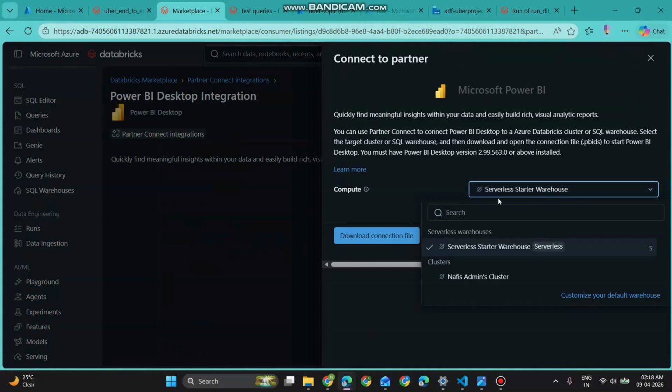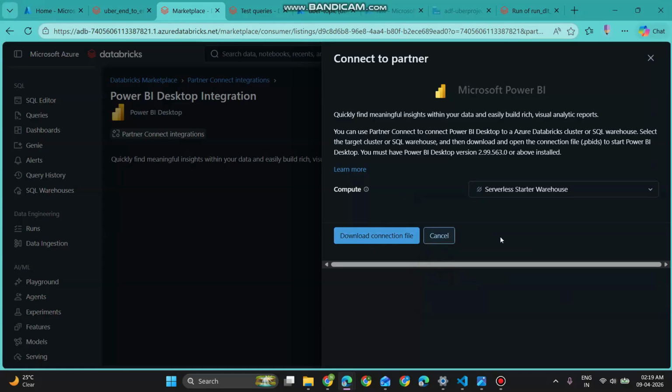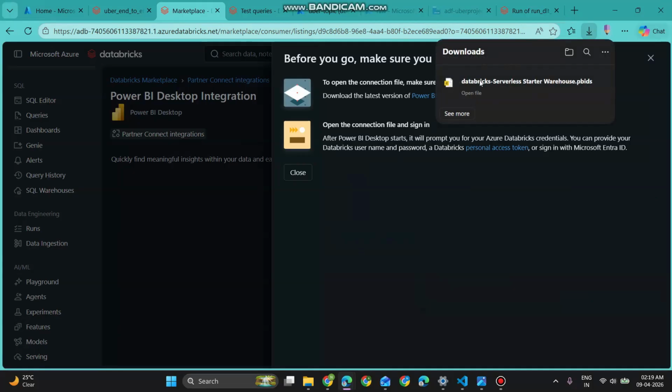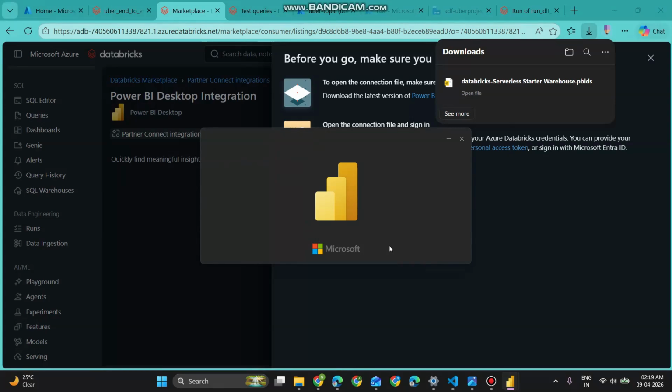Compute warehouse. We will select this only because we are limited on resources in the trial period. I cannot use my actual compute that I have generated. So I'll simply select it by default. Click on download connection file. Perfect, downloaded. Now what this does is it opens Power BI and asks for credentials,